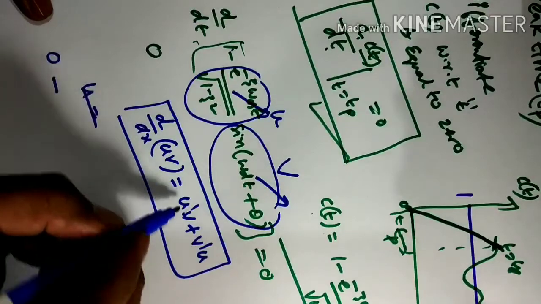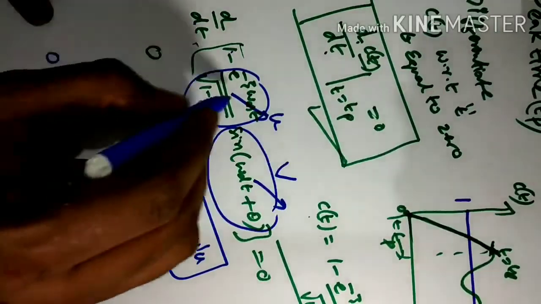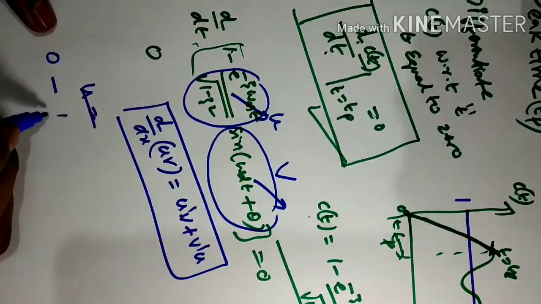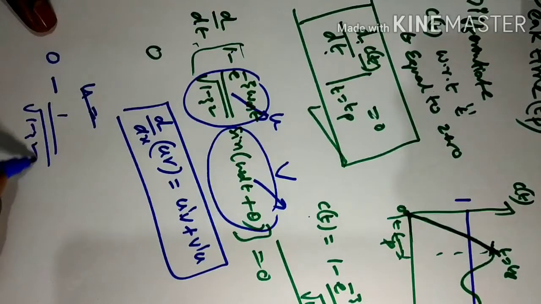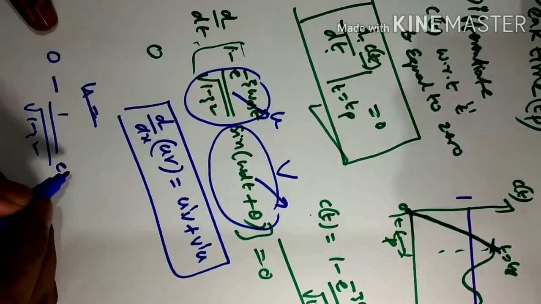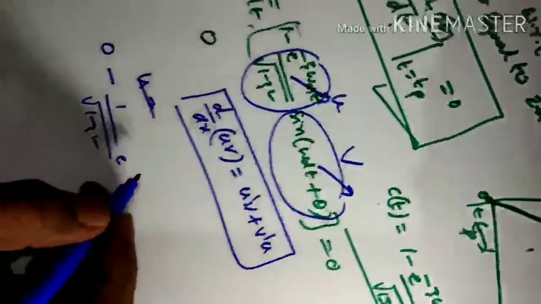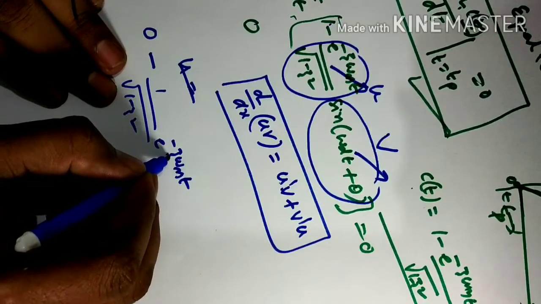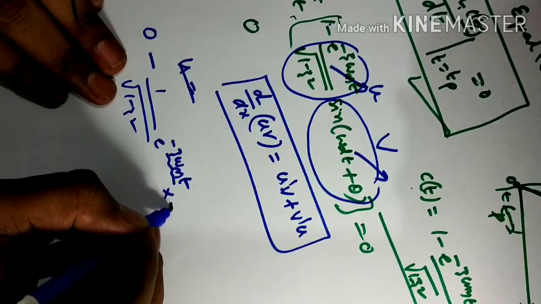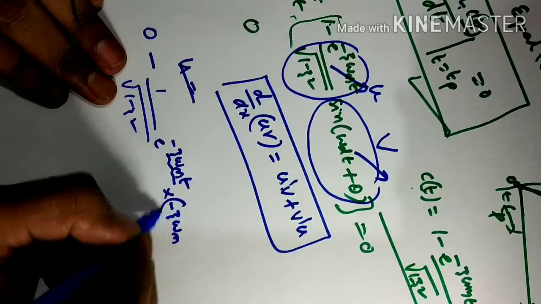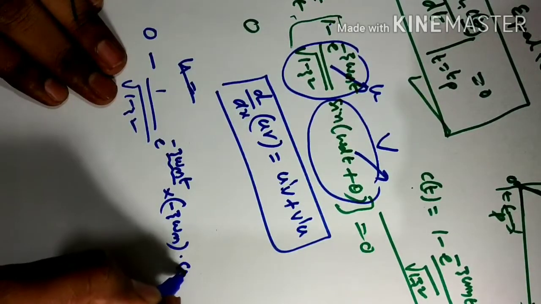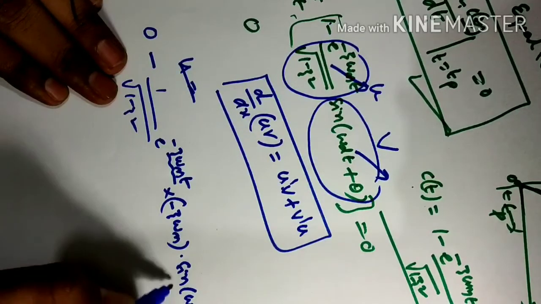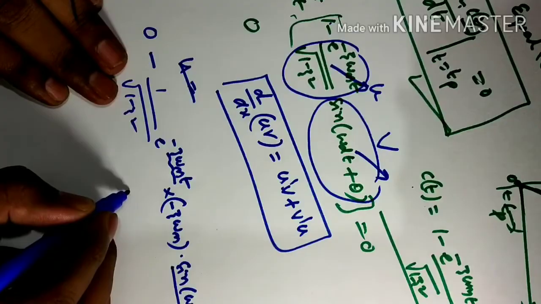So when you differentiate u, this is u. The term 1 over root of 1 minus zeta square is a constant. When you differentiate e raised to minus zeta omega n t, again we differentiate this one, so you get minus zeta omega n, into sine(omega_d t plus theta). So when you differentiate this one, okay,